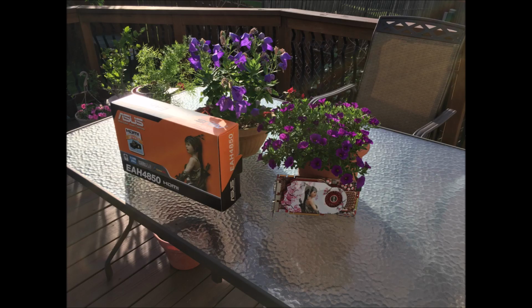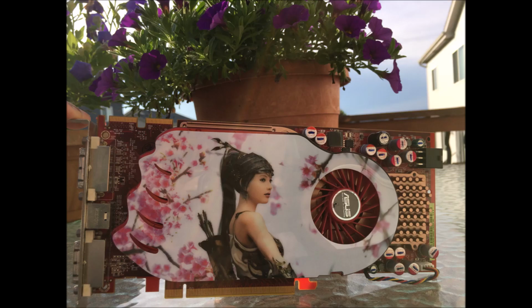Since this is going to be a retro video, what I'm going to do is include 3 newish games and see how the HD 4800 series runs, basically the HD 4850. I'm going to compare 3 games from 10 years ago, around the 2007-2008 era, just to see how the games performed back then on the HD 4800 series, more specifically the HD